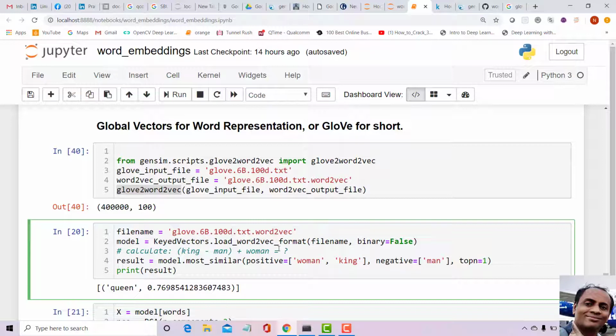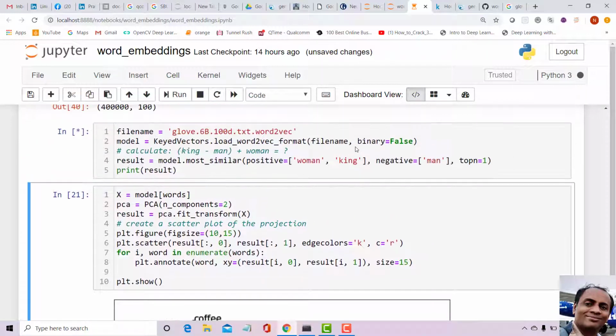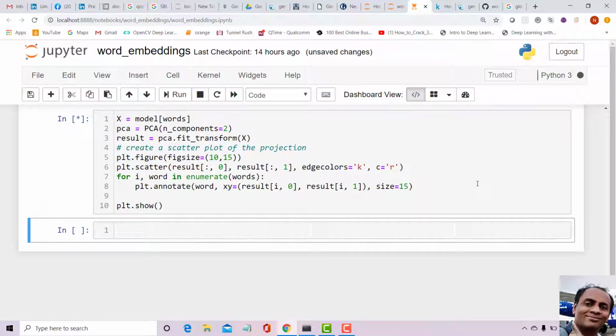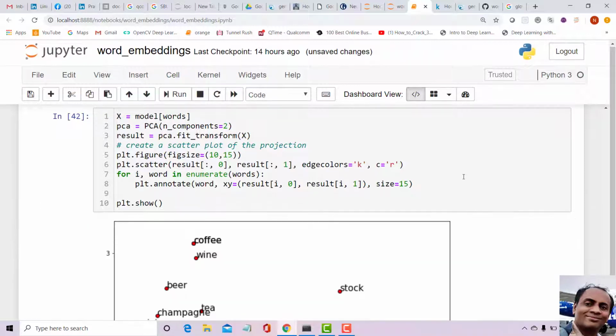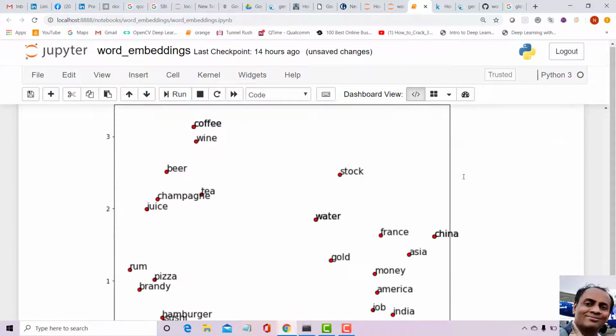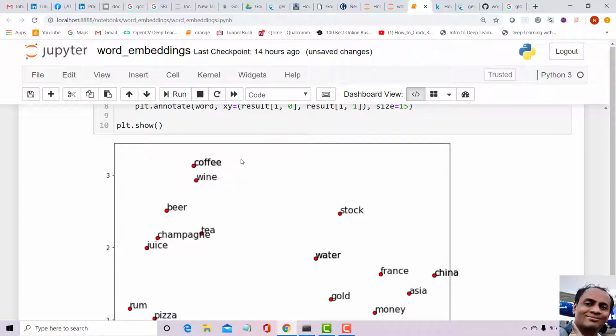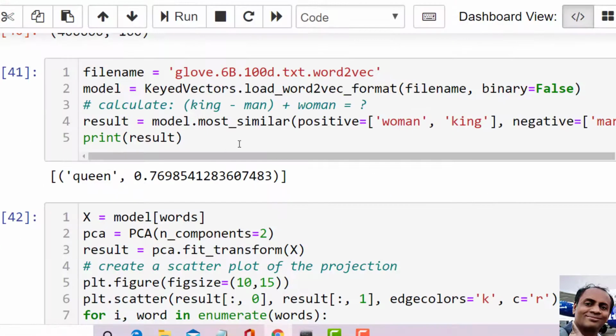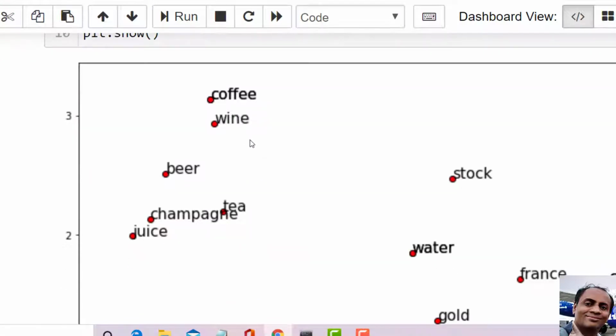You can do the same stuff like most similar words. You can also plot all the words that you plotted there. It takes some time, but this is a very interesting exercise. Here we have the words from the GloVe model represented in 2D. I see words like coffee, wine, beer, tea, champagne, juice appearing together.